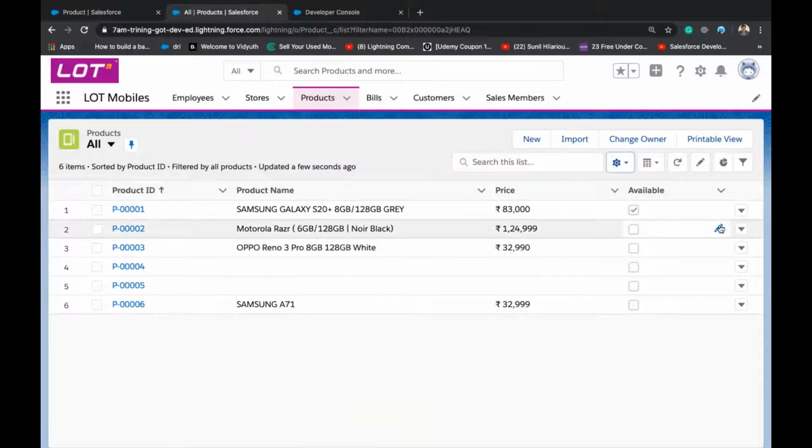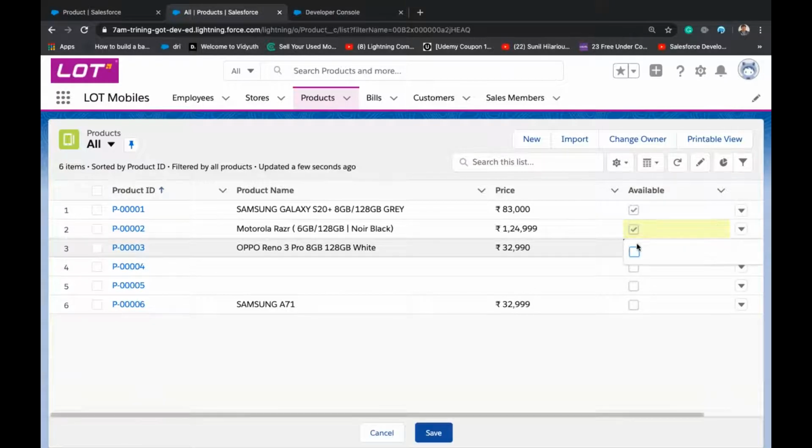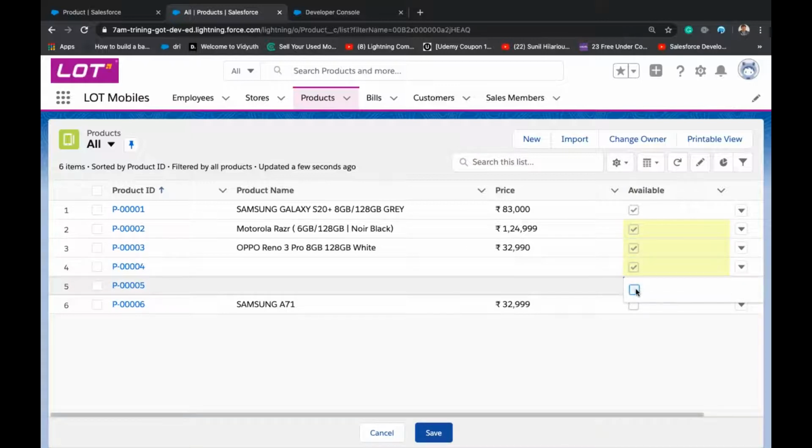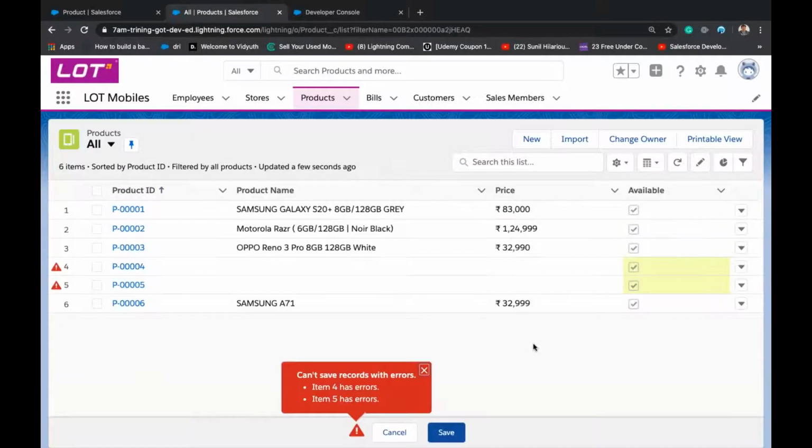So I'll make all the products available. We can also do this, right? Window edit and check all the products. So it's showing 4 errors with these two.